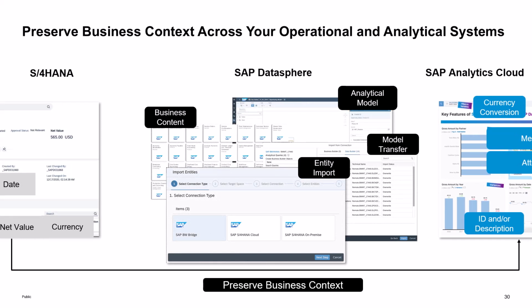And that's where Datasphere plays a vital role here, with the different areas I mentioned, with the different entity import capabilities, model transfer, etc., which in the future will all come together with the semantic onboarding, as well as with the business content, and then be able to be reused and further built upon using the analytic model. So that's something we're working on, and which will come hopefully soon in this first iteration on semantic onboarding, and will be further built out over time.